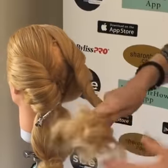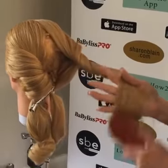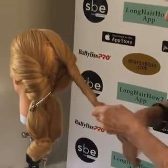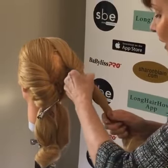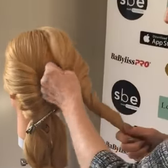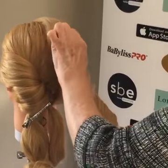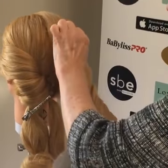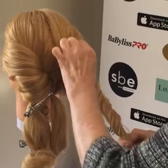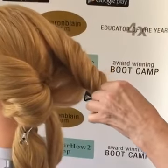So notice how I just do a very loose single twist, not tightly wrapped. The more you twist, the harder it is to actually pull out. So I'm coming through now, and I'll work through the top and try to give myself a little bit of a pull out around the crown, and obviously at the same time disguise that part line that I've got. But very gently now, working along, just pulling out that twist very loosely